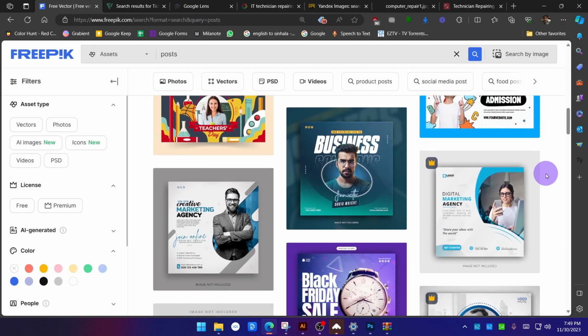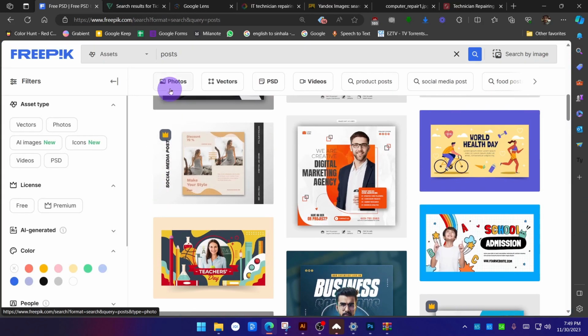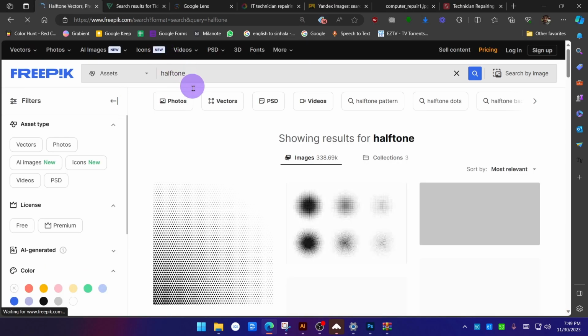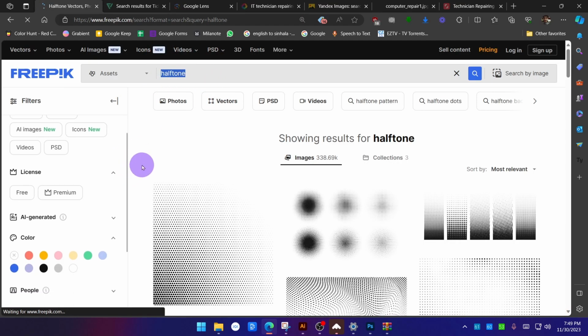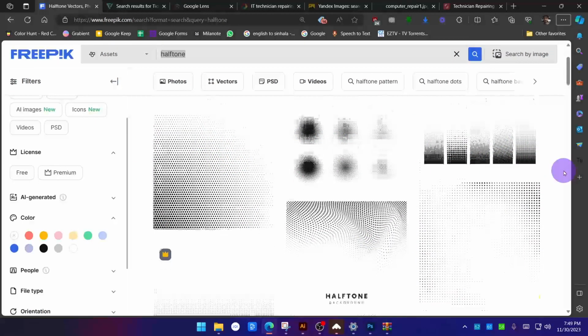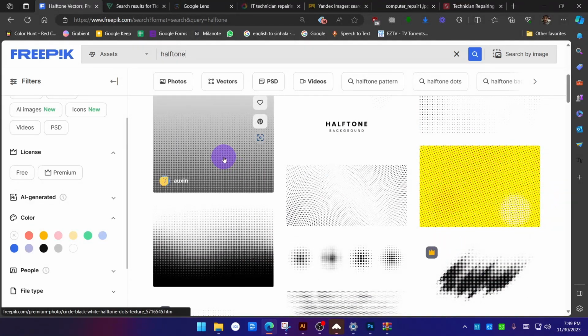So like that, you can steal design elements from images like this, or just search for design elements here. I just know a design element called halftone, so I will stick with this. So I'm going to search for halftone. My plan is to put this in the background. So in this case what I could do is use this, even this